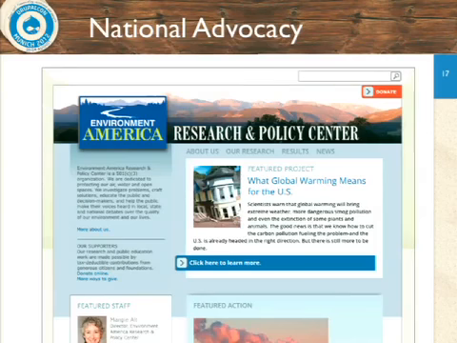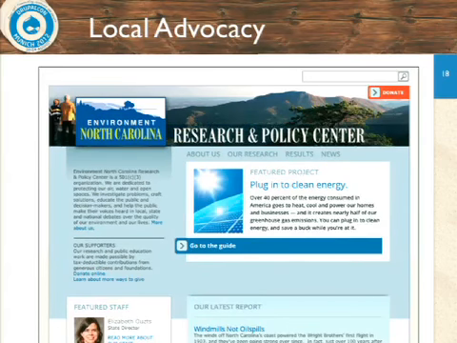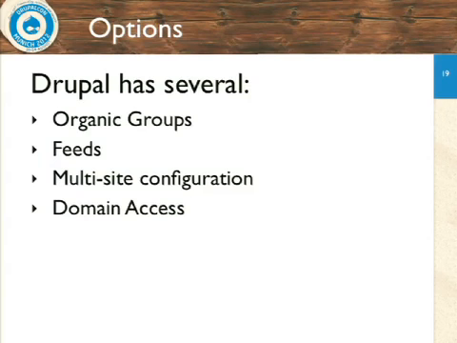And so I'll just show you again. You might have, again, a national advocacy piece I just mentioned. So here's something coming from the National Research Center that could filter down to the local research center. Right? Now, in Drupal, and this is sort of different than many of the other open source content management systems, you don't even have one way to do this. You have multiple ways to actually accomplish this. Right?